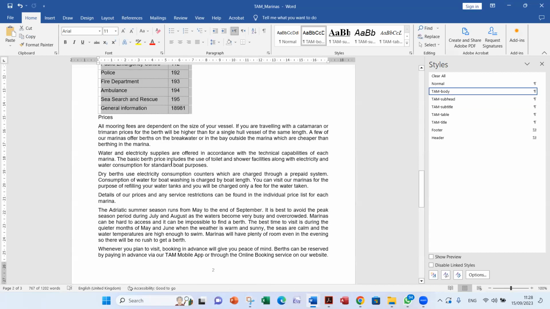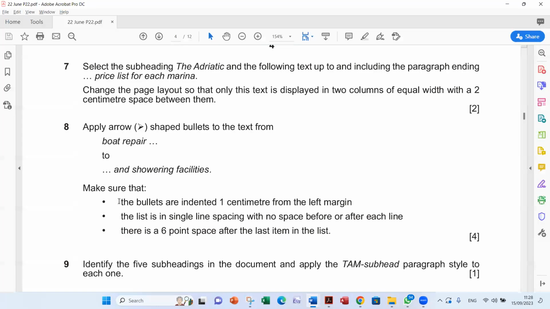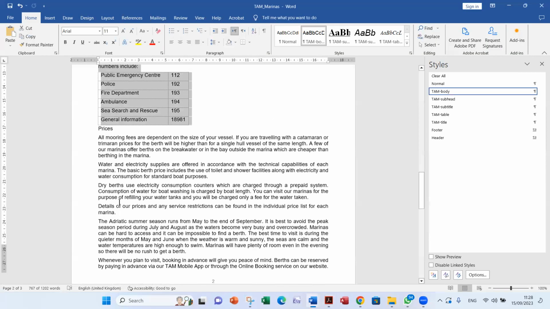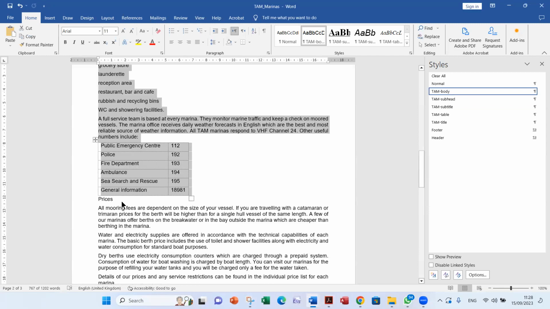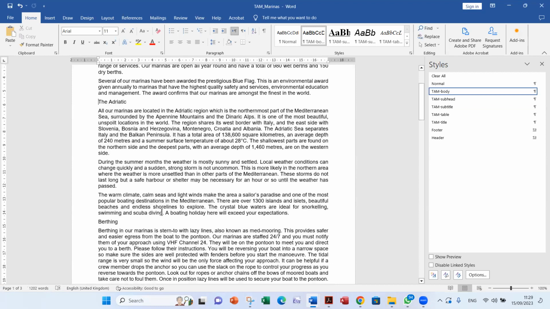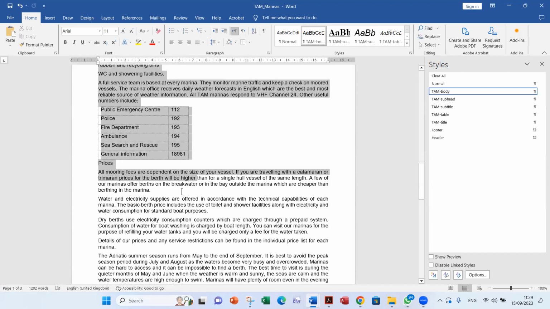Let me check first. Yes, detail our price for each marina. Price list for each. Okay, now I know. So I highlight, starting from the Adriatic down to